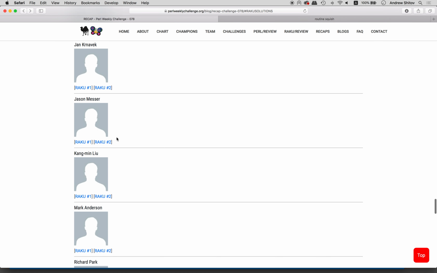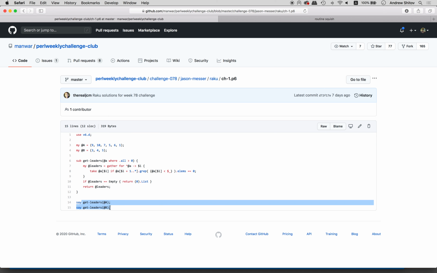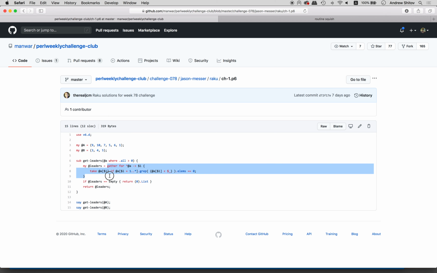The next solution is by Jason Messer, solution number 1. Here is the solution. We have the arrays, and we are going to call the function for both of them. The function is taking the array where all the elements are positive. Actually, it was not in the task, I believe. Leaders, we're gathering. What are we gathering? We are scanning all the indices. $r is the index. We take the element at this index, and if there are no elements on the right side which are less than the current element,